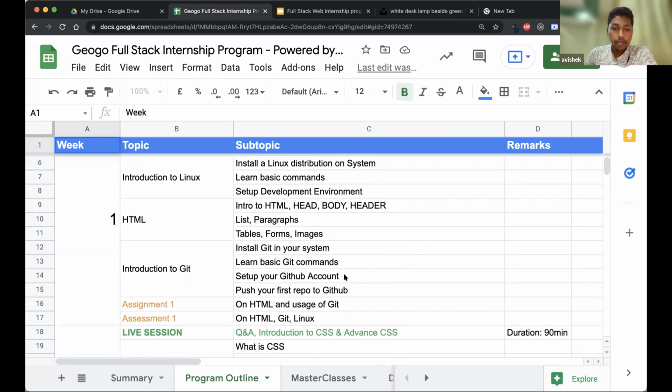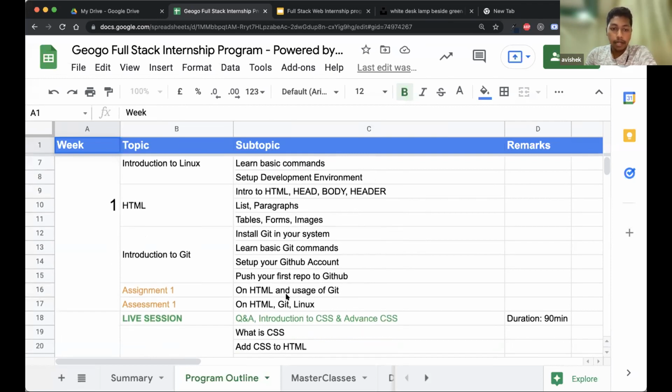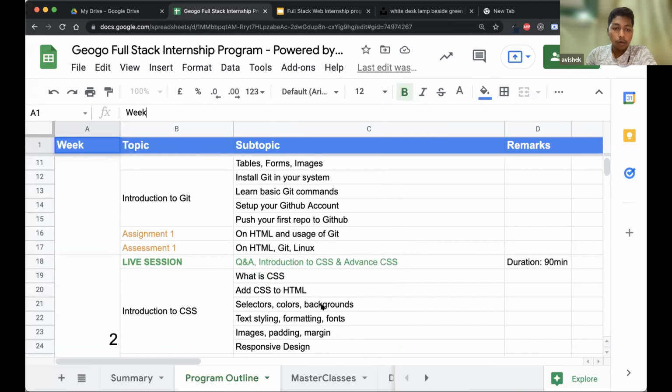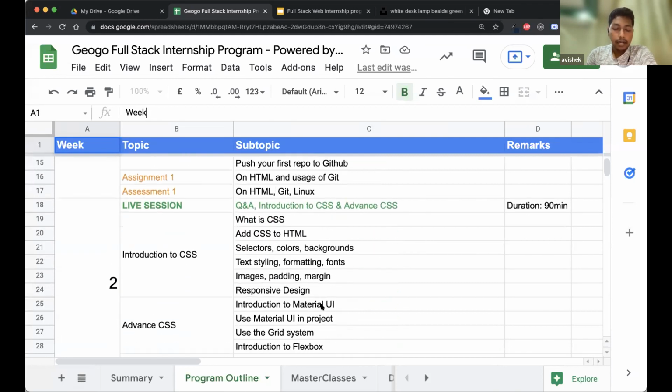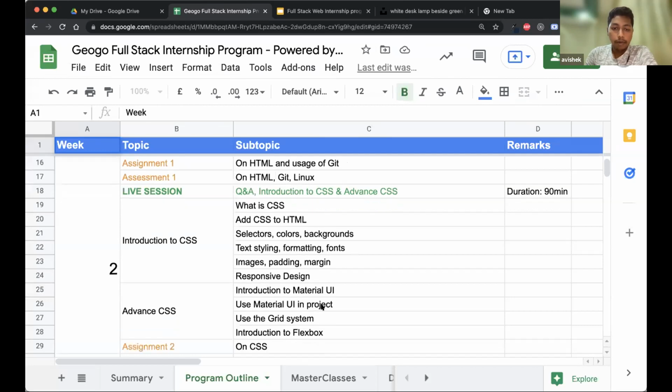At the end of this week, there will be an assessment and an assignment on HTML and the basic Git and Linux. Then in week 2, we will discuss CSS and advanced CSS. What is CSS and how you can use CSS in your project?